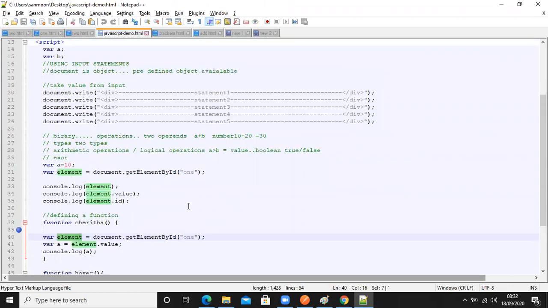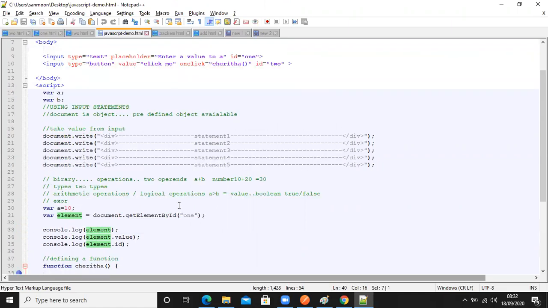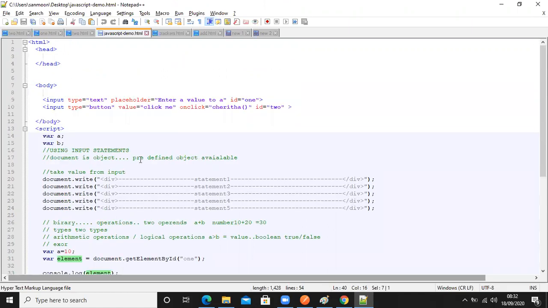Okay. So if you see here in this particular example, we are having this HTML and JavaScript example. Here we have two input elements. One is of type text and another one is a button. Anyway, the button we are not going to use other than for the click event most probably, but sometimes a button can also dynamically change some values based on the events. We'll see later. Generally buttons are used for clicking only, right?